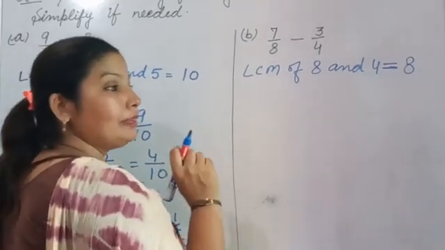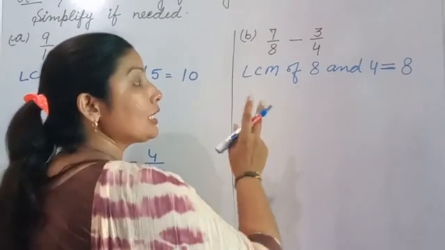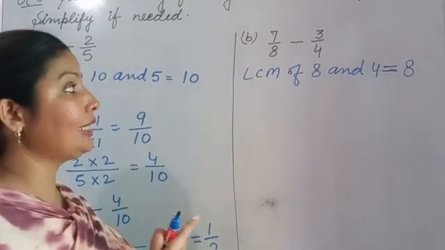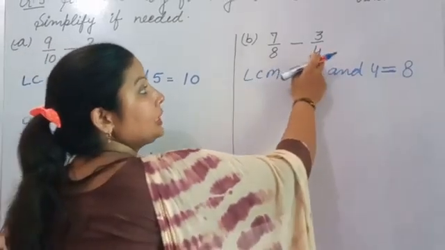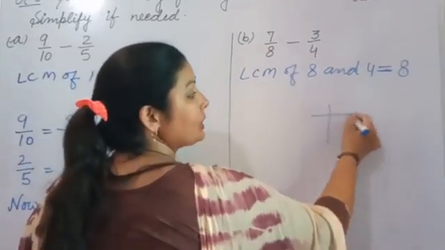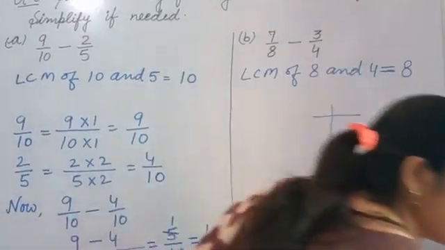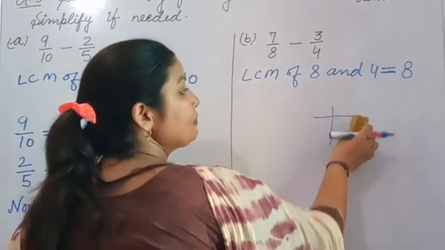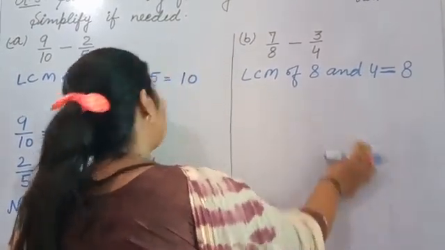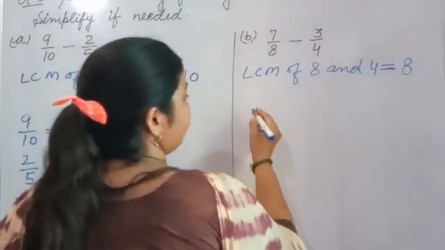Multiplication, in which case one is a prime number and one is composite. If both are composite and it is not coming in the table, then you have to find it. If both are composite and the big number does not come in the small number's table, then you have to find it with long division. But if it is coming in the table, you can get it directly. And if one is a prime number, then by multiplication you can get it directly. Okay. So now we take 7/8.